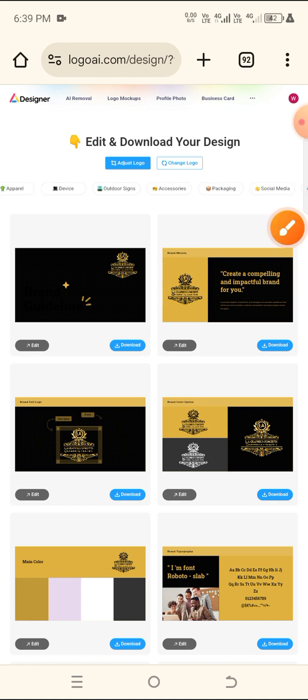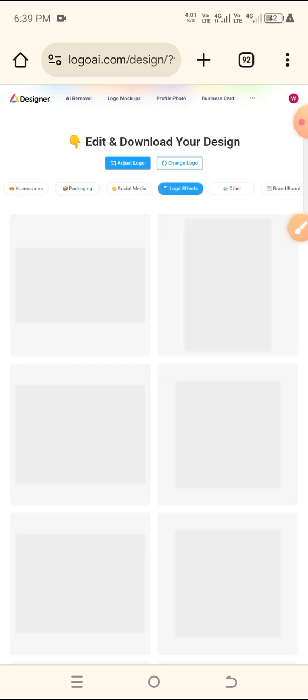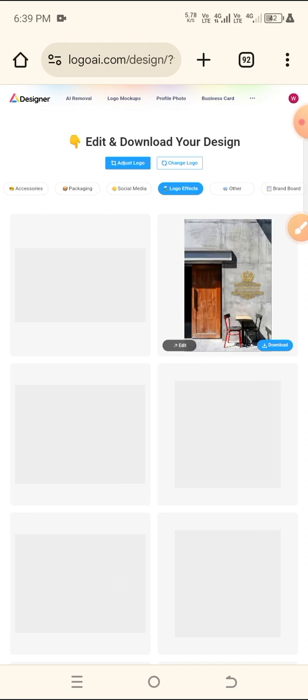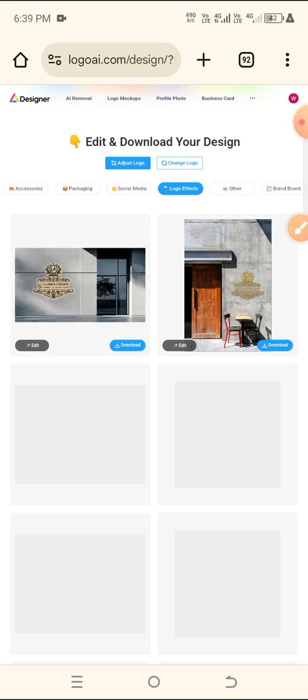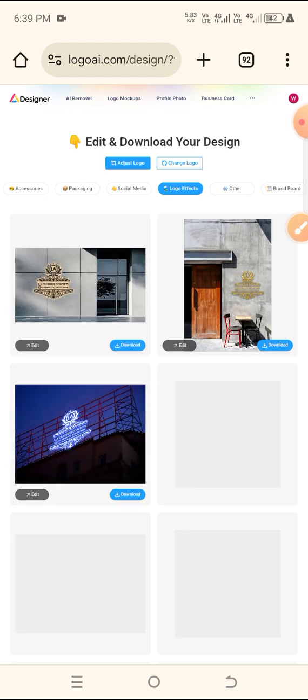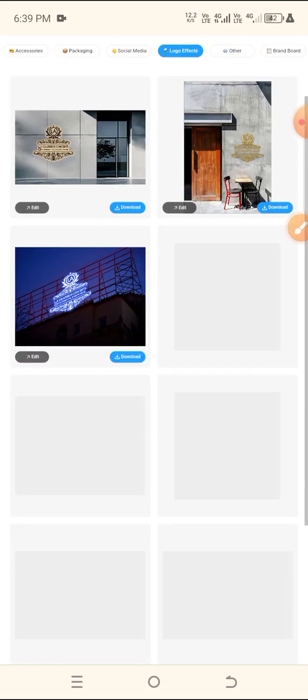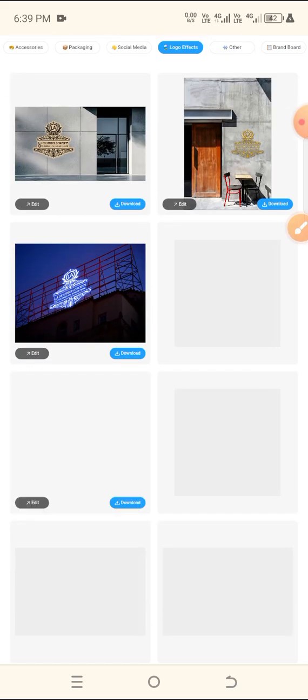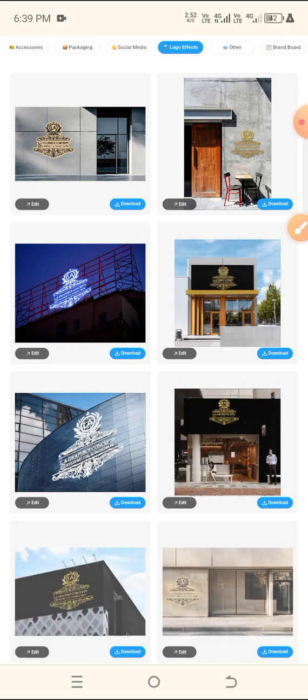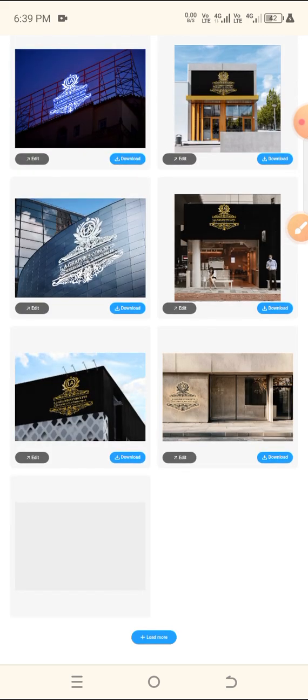So I will just go to logo effects. Logo effects. I want a logo template. That's the kind of template I want. So you select, you see that some of these designs, some of them are not that clear. So select the ones that are very clear. So don't just select any design here. Okay, I've seen what is clear, like this one that is already mocked up here. Alright, good. I think I've seen another one that is very clear. I don't know why the network is just